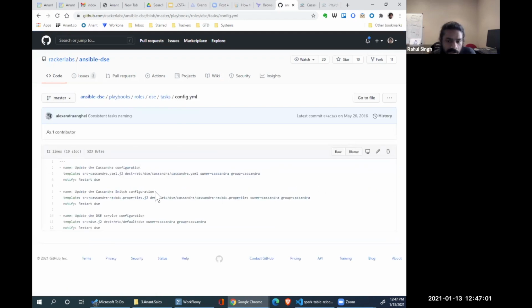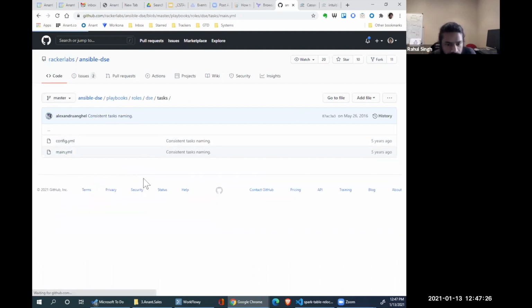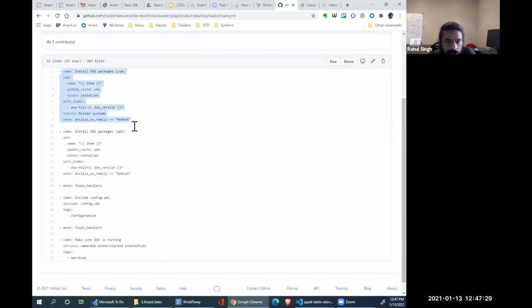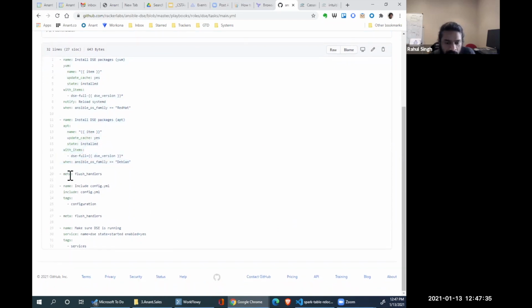So there's a config which basically says that when I apply configuration, notify the restart DSE command. So anytime these things get executed, which is taking the template and applying the variables to it, restart DSE. Okay, and then the main task is: install YUM packages if it's Red Hat, or install APT packages if it's Debian. Flush the handlers, then go ahead and run the configuration YAML, and then afterwards check to